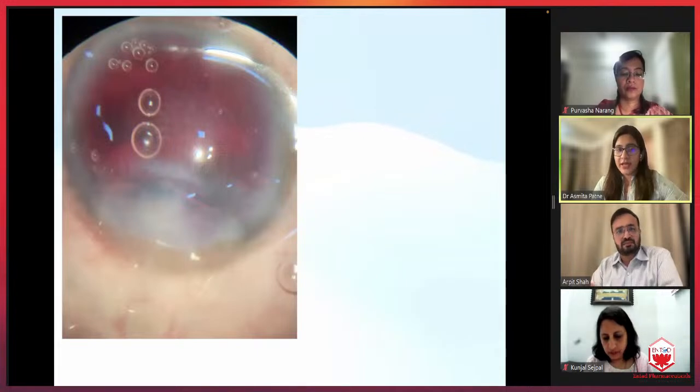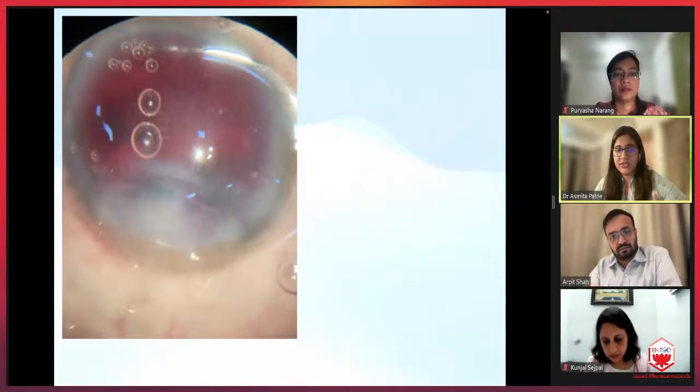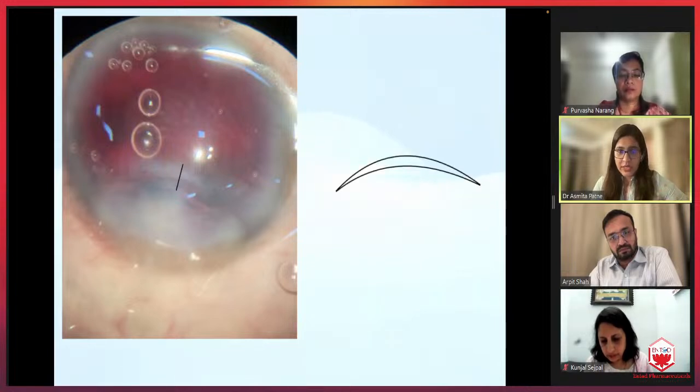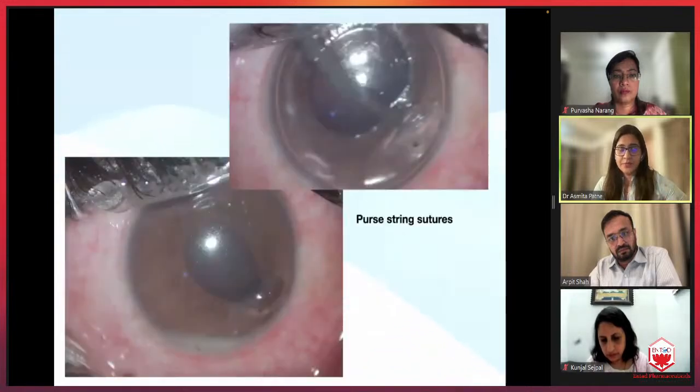If it's a linear tear like this, if there is no gaping in the wound, you can put your first suture in the center and then the equidistant ones going peripherally. But if there is a gaping wound like this, it's better to put the sutures at the edges, in the ends, and reduce the gaping, and then put the central suture and then the in-between ones.